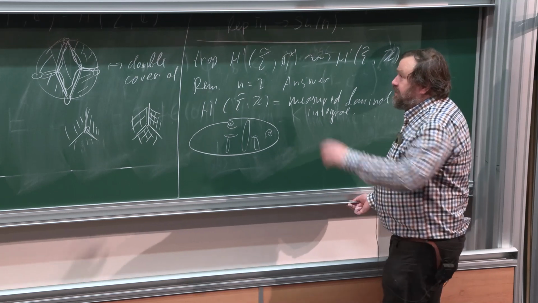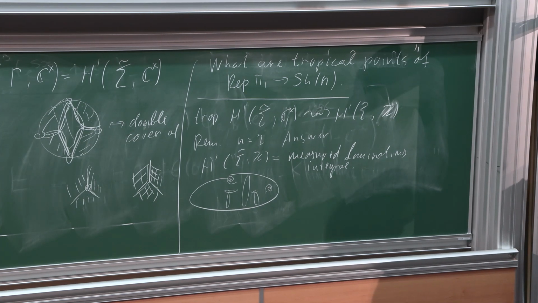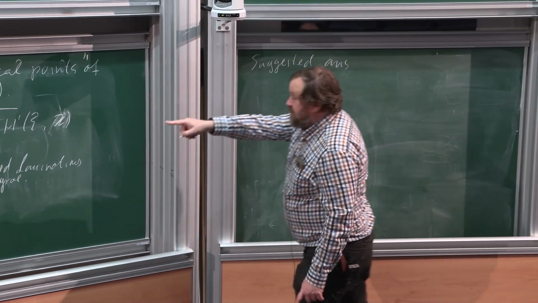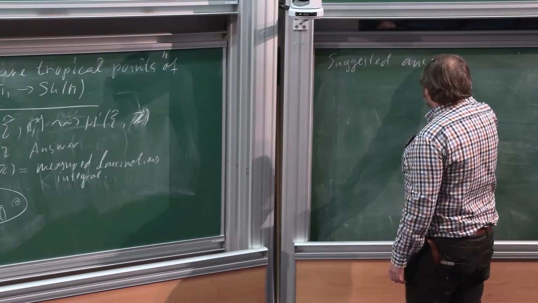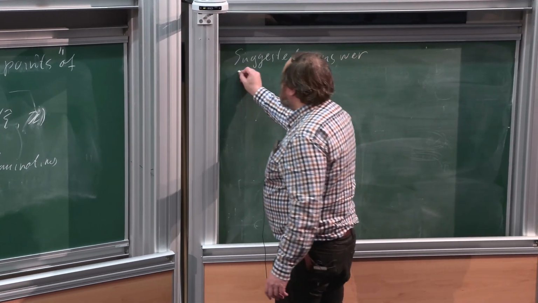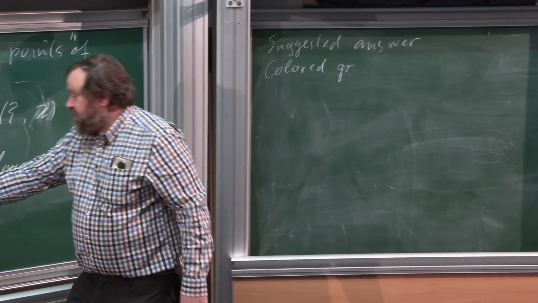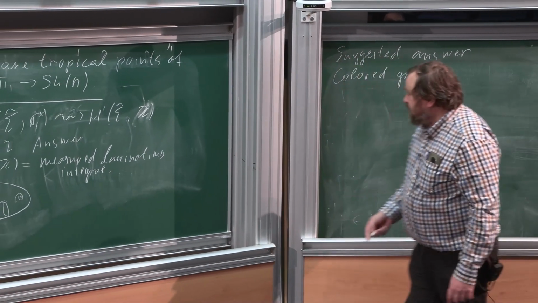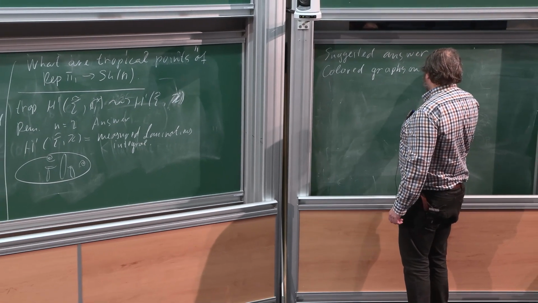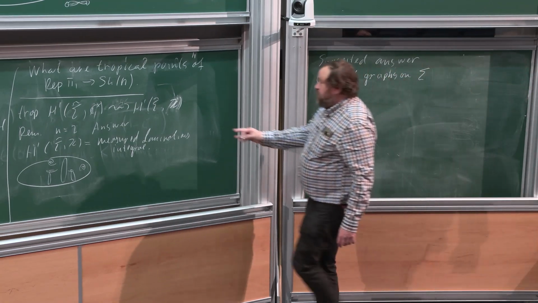Now the answer, which I suggested, to the question, what is the geometric meaning of that? So there will be some colored graphs on the surface. Instead of this collection of curves, which are not colored, now we will have colored graphs on the surface. And how to construct a colored graph out of an element of H1 of sigma tilde with